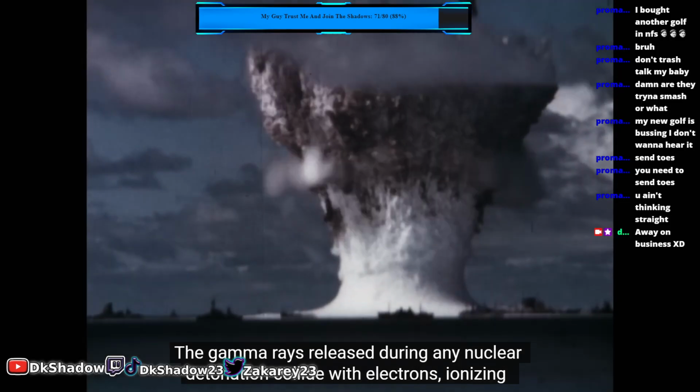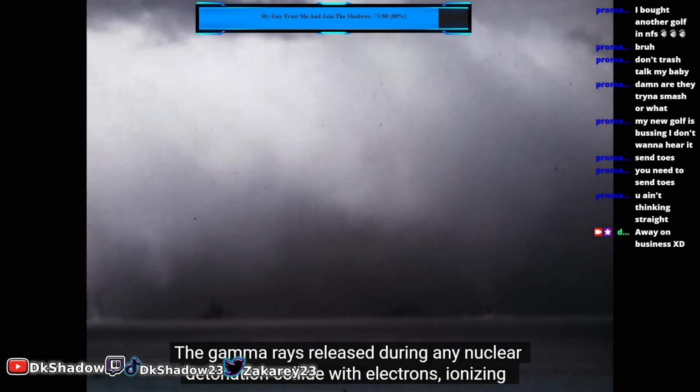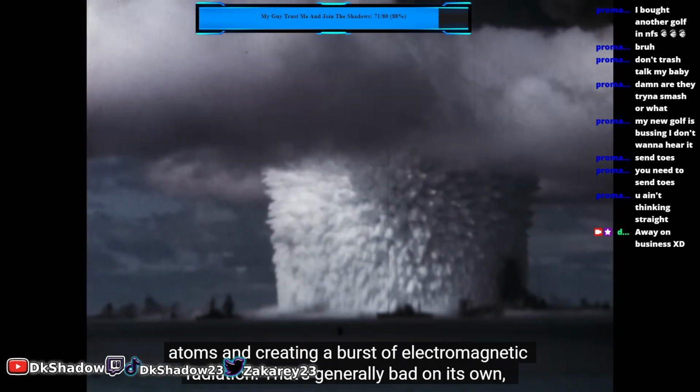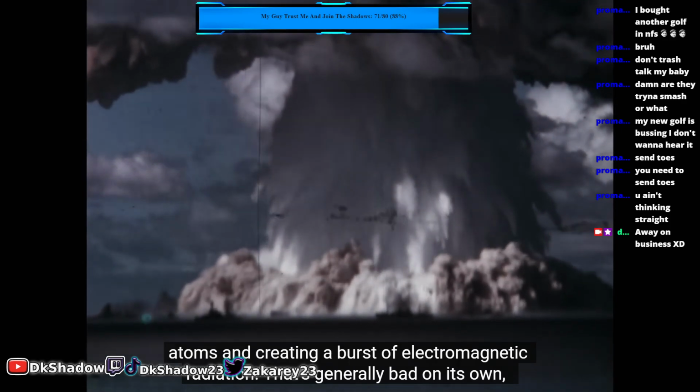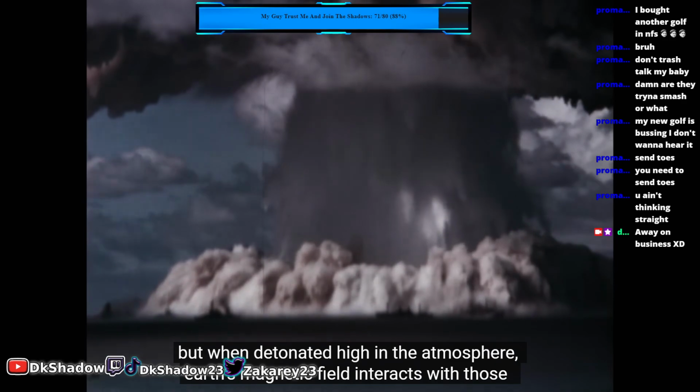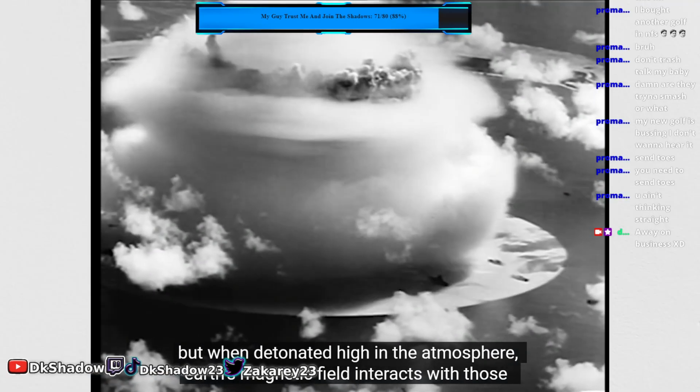The gamma rays released during any nuclear detonation collide with electrons, ionizing atoms, and creating a burst of electromagnetic radiation that would be generally bad on its own, but when detonated high in the atmosphere, Earth's magnetic field interacts with those